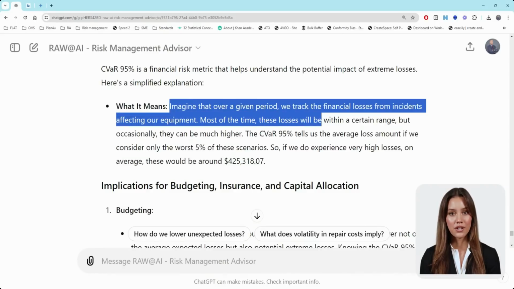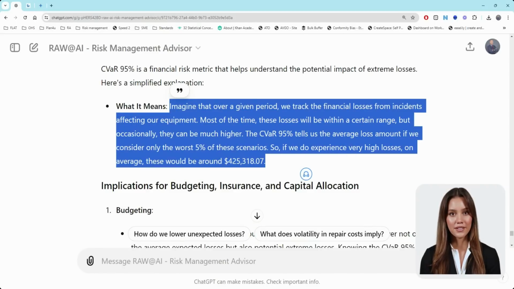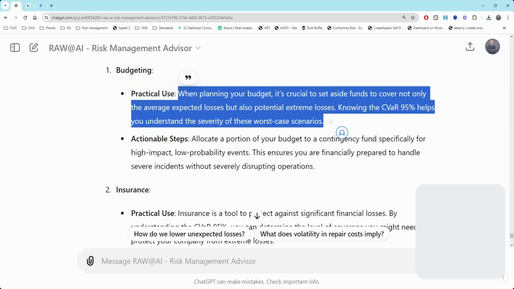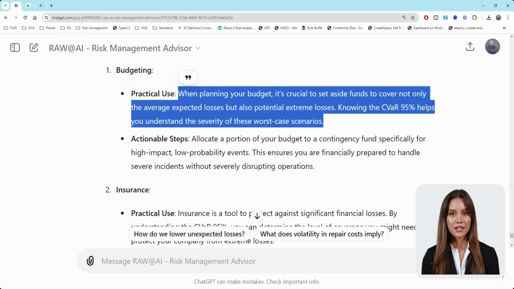At the moment, it's not very helpful, as it basically repeats the same thing. It says CVAR is the average of the worst 5% of these potential risk scenarios, which is correct, but not helpful yet. This becomes more useful when budgeting. Normally, you would include expected losses in the budget to ensure there's enough capital allocated to cover them, as they are expected to occur. Then you consider the worst-case scenario. How much money do you need to have available, either in equity capital or liquid form, to cover these worst-case scenarios? CVAR is useful for this as it shows that in the worst case, you would lose $400,000, or whatever the value is.